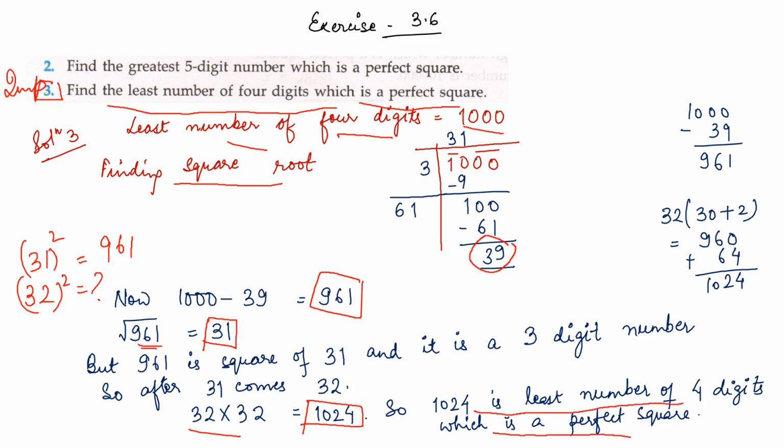Okay, here 2 steps are involved, because when we took the 4-digit number and found its square root, it came as a 3-digit number, and they are asking for a 4-digit number. So suppose here it was coming as 35 and this is a 3-digit number, then what will be the next number? It can be 36, which may be a 4-digit number. Okay, clear?